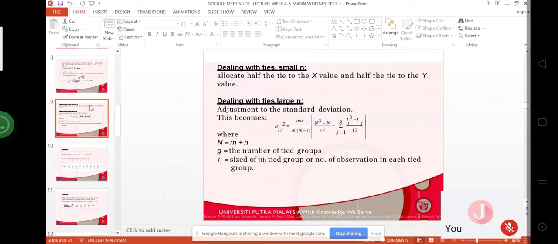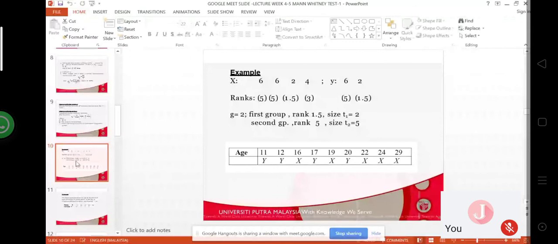Now for illustration, let's look at slide number 10. This is just for illustration. Afterward, you might say, hey, this is a small sample, why do you say large? So please take note, on your slide it says this is an illustration for a large sample. Assuming that the sample is large makes it easier to illustrate. Don't go back afterward and say that when the sample is 4 and 2, this is large. No. Please take note of that.